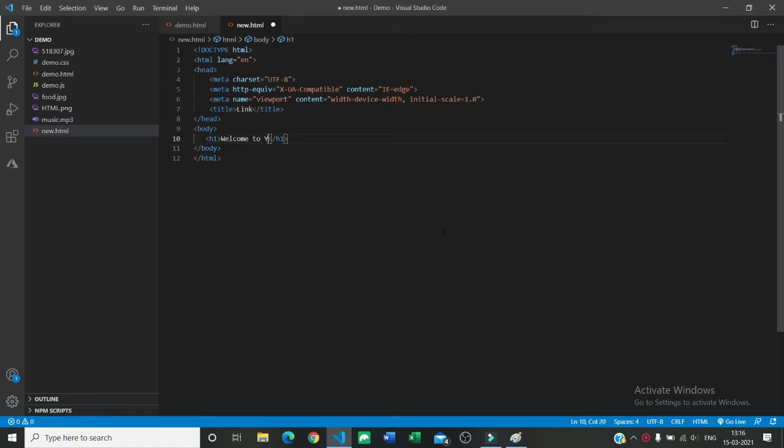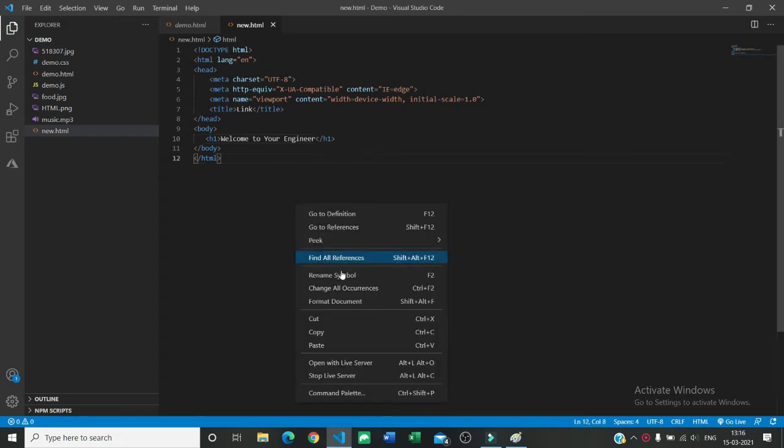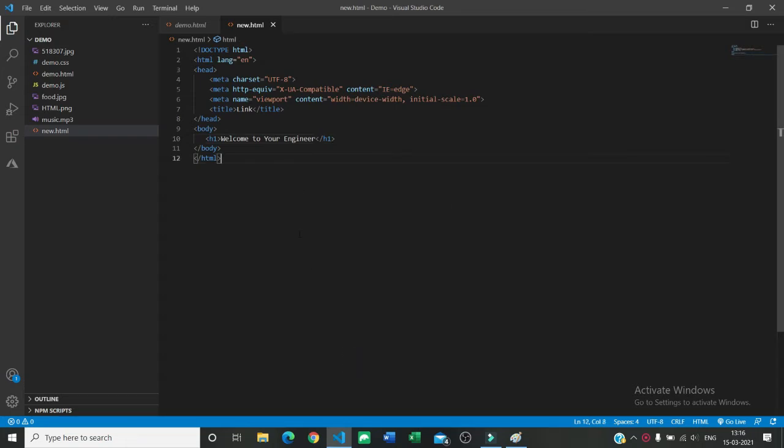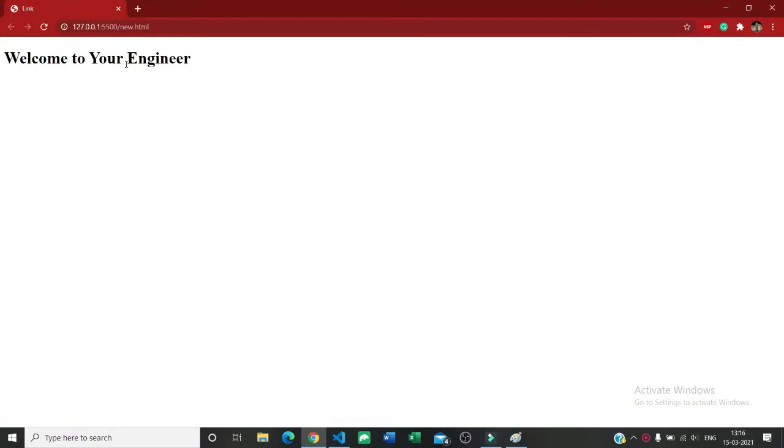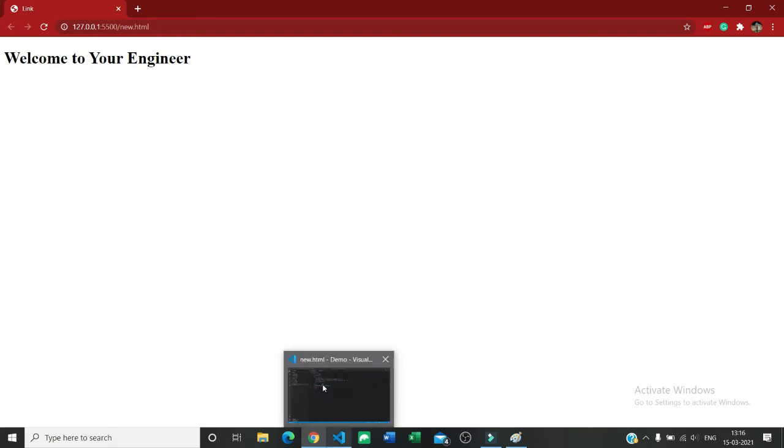So let's save it and run it on live server. So you see that welcome to Your Engineer appears on my web browser. Now let's apply some border to it.